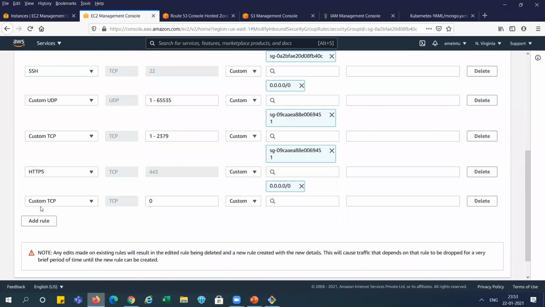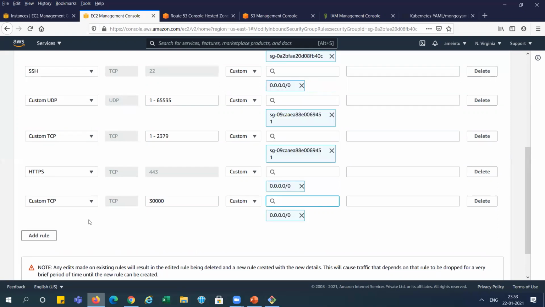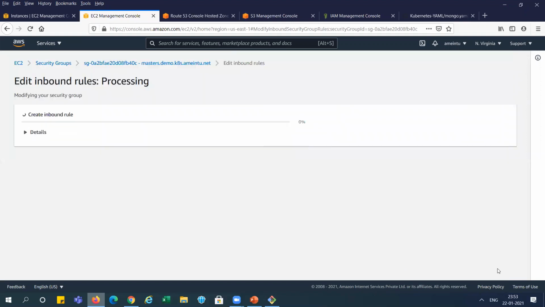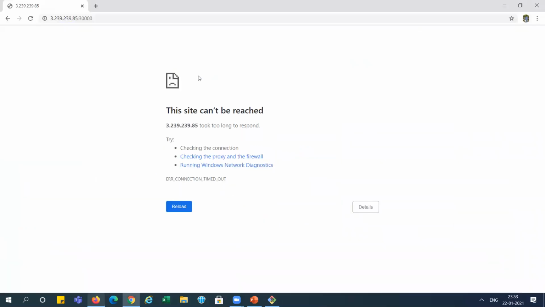I'm adding a rule, custom TCP. I am adding 30,000. And this is custom, and I'm selecting anywhere, right? Save rule. Now we can go here and again reload it.